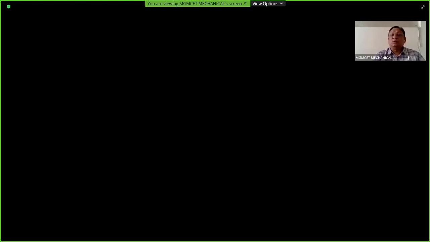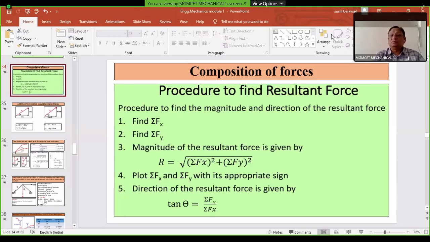The resultant is nothing but a single force which produces the same effect as produced by a number of forces acting together. Then we have discussed the way of finding the resultant force for the different force systems. I think this is just the revision so that you will remember everything. So here,